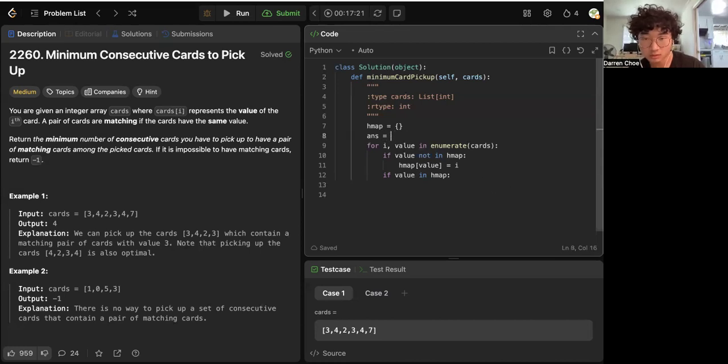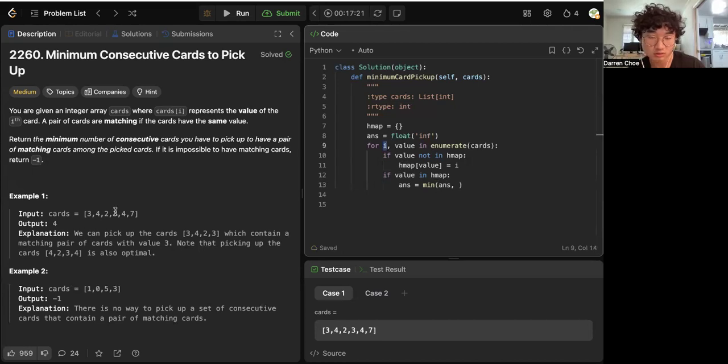And we want to have it at a large value because we're taking the minimum of the answer. And so if the value is in the hash map, we can say